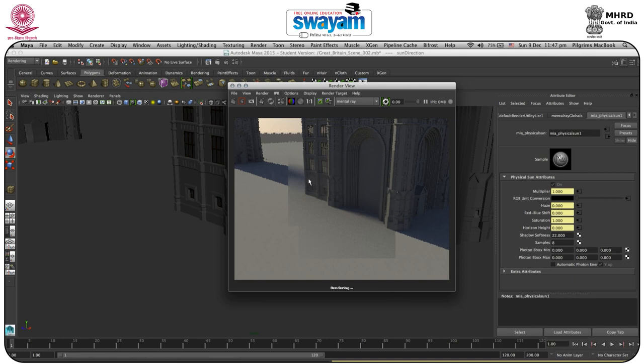Now as you can see, it's getting quite merged, and also it has very much feather. So you can increase the part of shadow softness. If you increase more, it will spread more, so it will not increase more. And you have the samples. As you can see, the grains are forming over here.